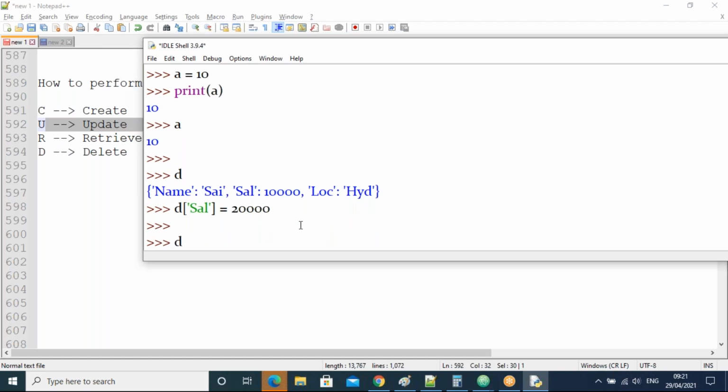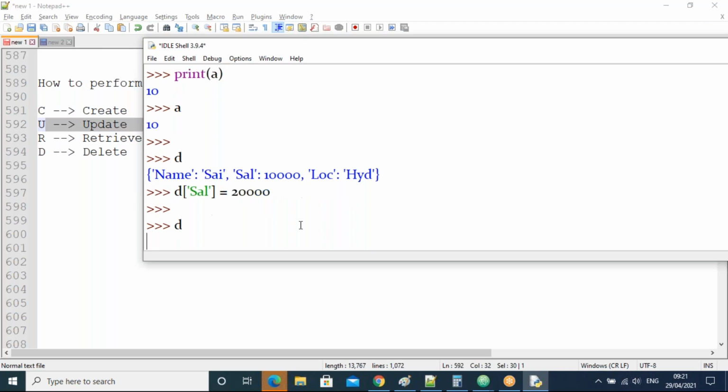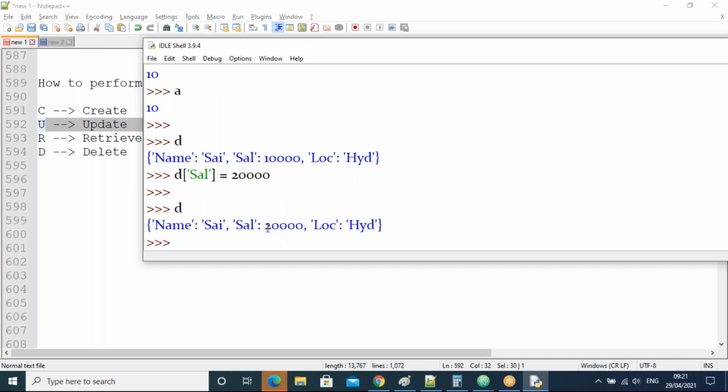The second way is there. What second way? Same process only. d of sal plus 10,000, equal to again d of sal, guys.